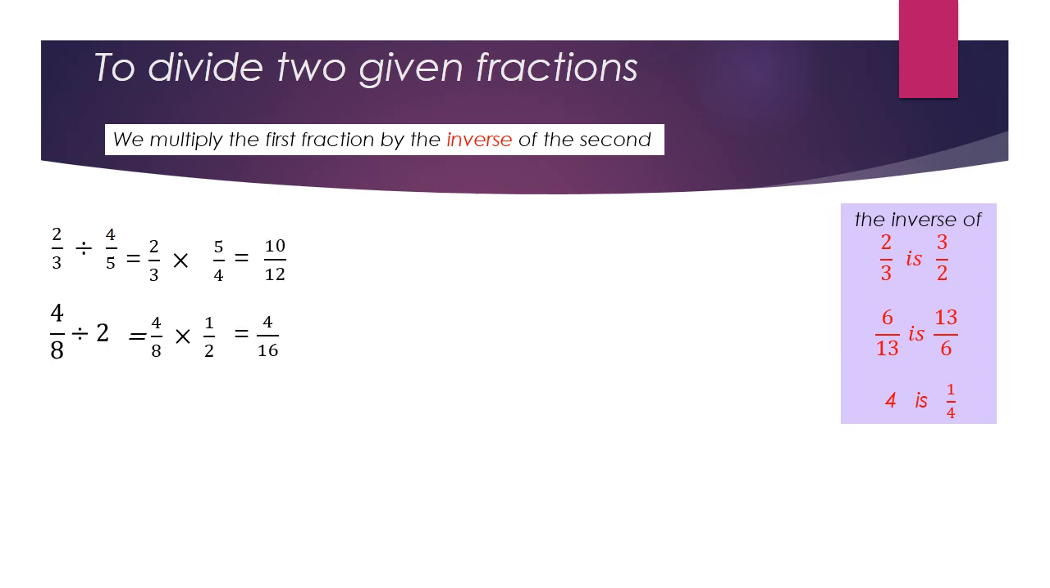Then we can multiply 2 times 5 equals 10 and 3 times 4 equals 12. In the second example, 4 times 1 equals 4 and 8 times 2 equals 16. And as we said before, you can simplify if possible. So you can see that 10 and 12 can be divided by 2. 4 and 16 can be divided by 4. So we simplify them and the answers will be 5 over 6 and